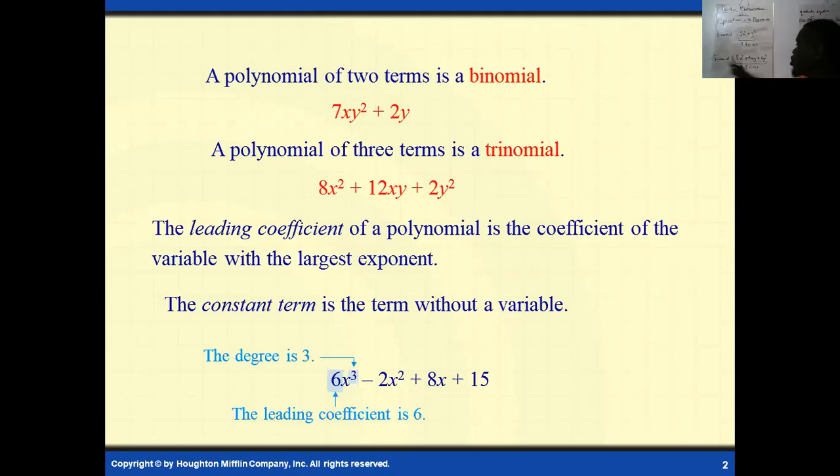Now, as you can see, this is an example of a trinomial. It is a trinomial because it has 3 terms: 1, 2, 3. That's 3 terms. So it is a trinomial. Now we want to consider how do we get the degree of a polynomial? In order to get the degree of a polynomial,